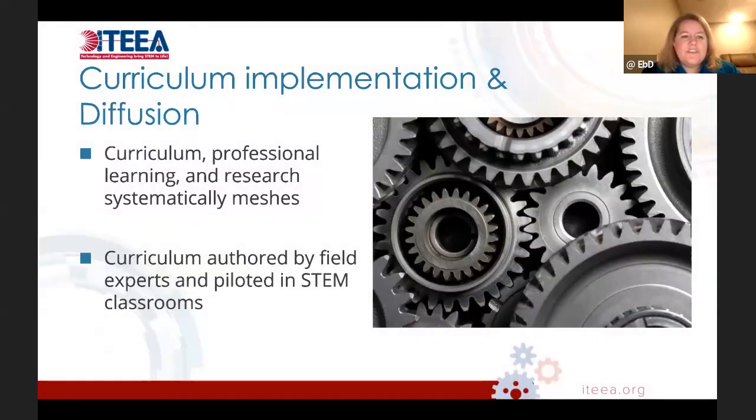Curriculum implementation and diffusion. Curricula professionals learning and research systematically meshes. Our curriculum is also authored by field experts and piloted in STEM classrooms. One of the things we really pride ourselves on at ITEA is that our curriculum is developed by teachers who are currently teaching. We also have the pride that we are able to use our students in STEM classrooms